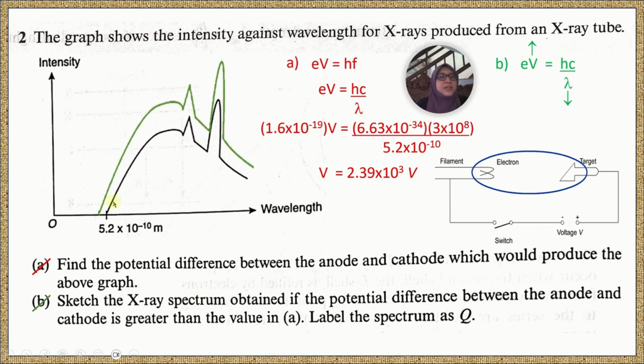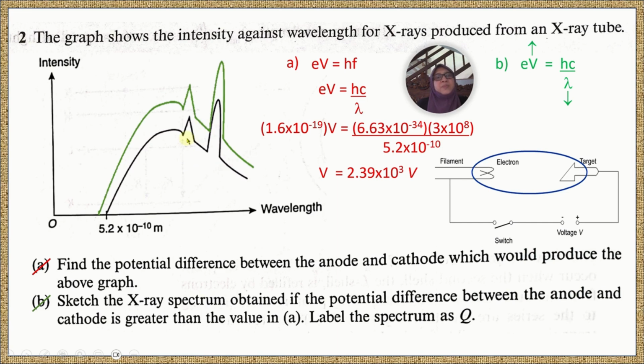So when we sketch the graph, the wavelength here, 5.2 times 10 to the power negative 10, is shifted nearer to the origin, 0, and the two characteristic lines must be drawn on top of the same level, same line as the previous initial